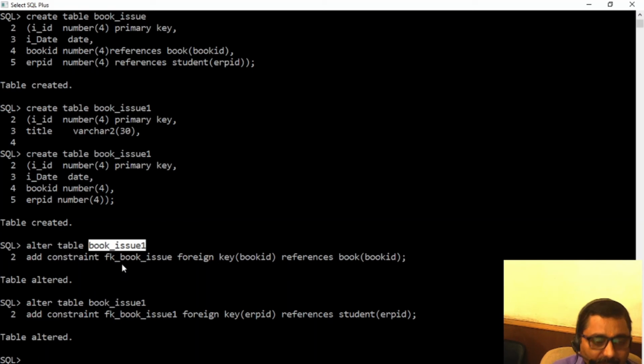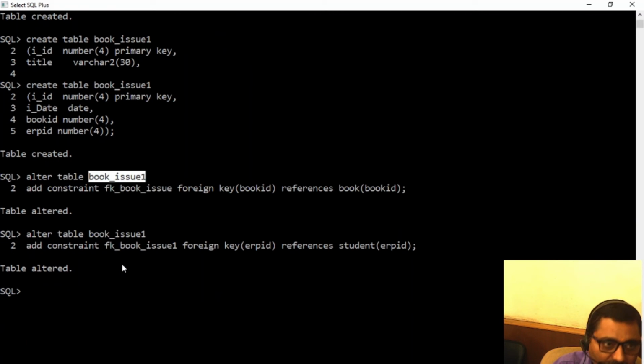It's very simple. How to disable? Now we'll learn how to disable a foreign key.